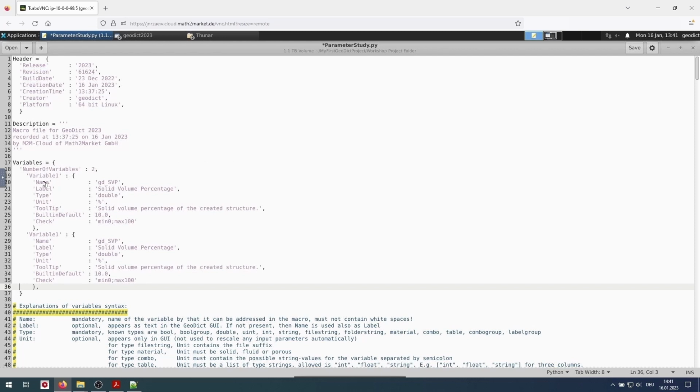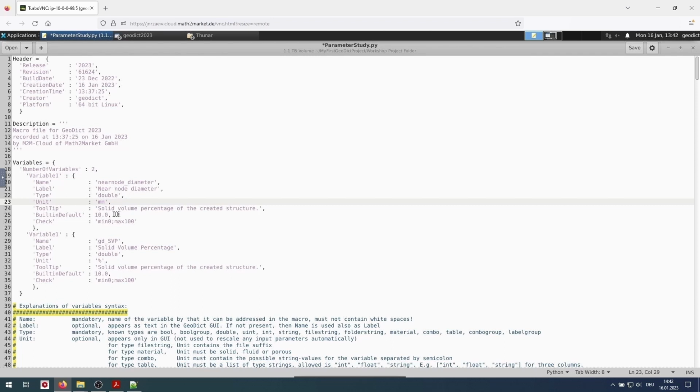We need to give the variables a name. We name the first variable near node diameter. And as a label, we just give the label near node diameter. The type is double and the unit is millimeters.